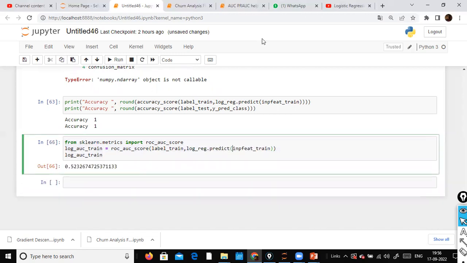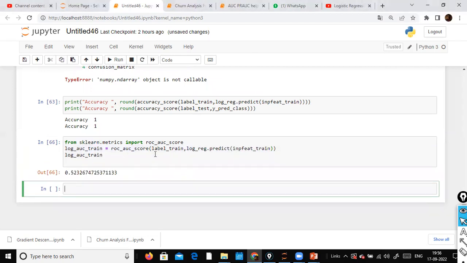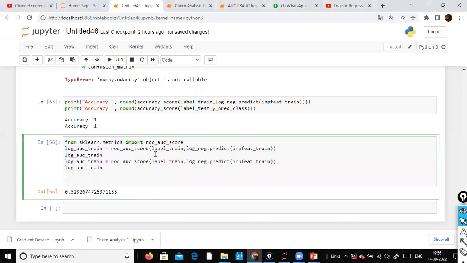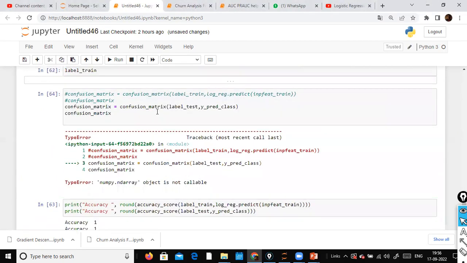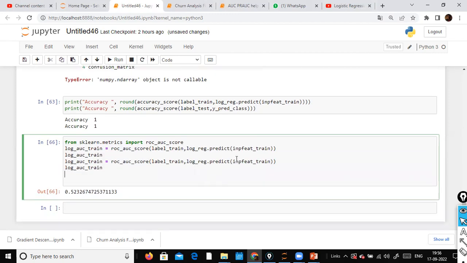Yes, area under the curve is 0.52. And the next one is the test data set. So the model is not doing good. It is doing okay only, whereas the accuracy is misleading us, right? It tells us